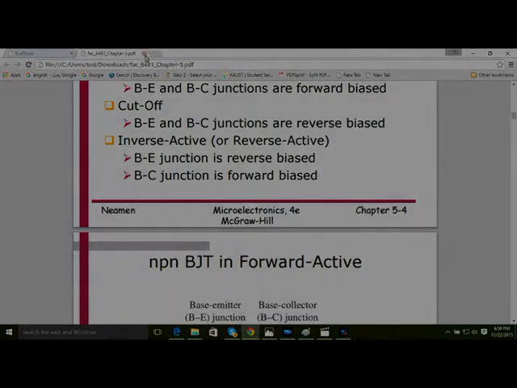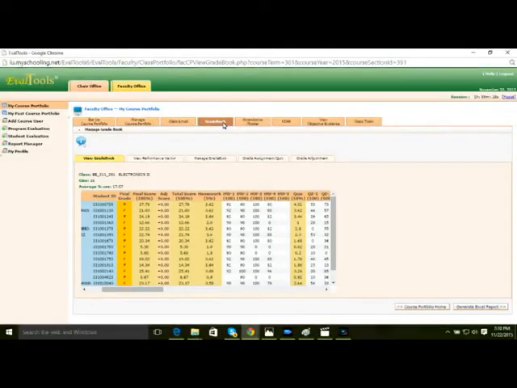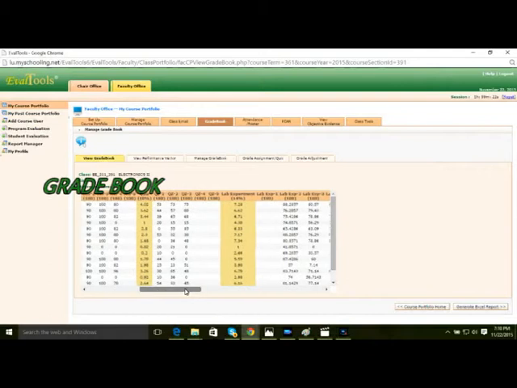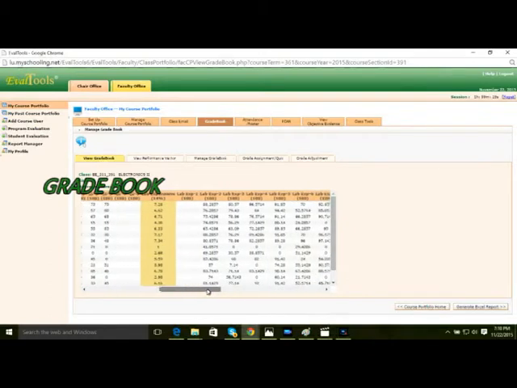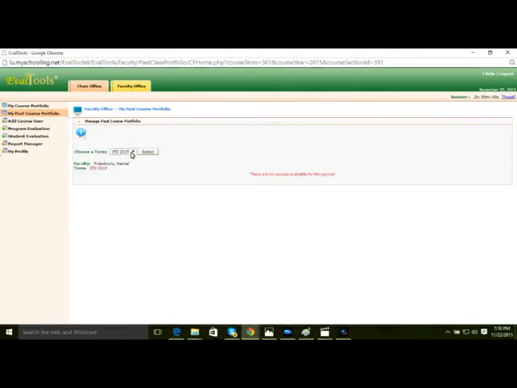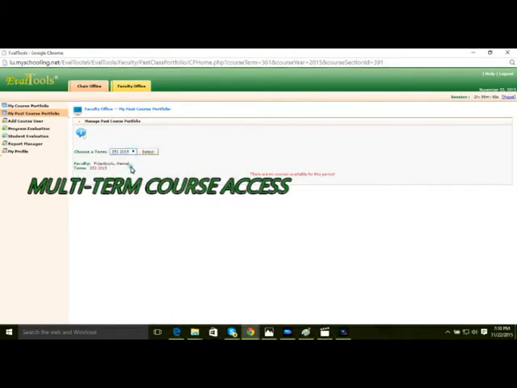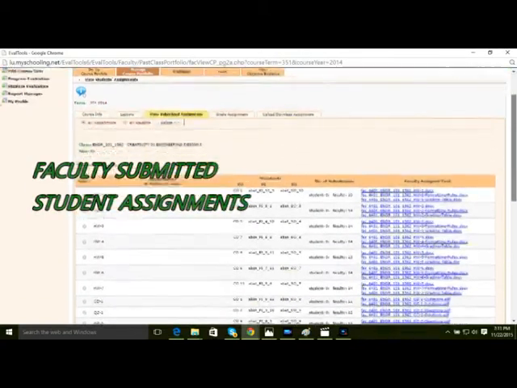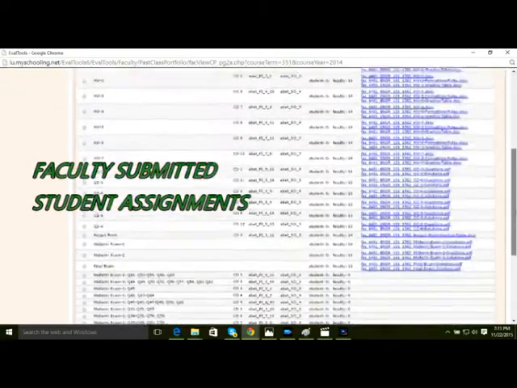A customizable gradebook with features such as addition of variable categories, C-curving, and manual adjustment of grades, multi-term and multi-course access. Tons of data, and some programs have more than 10 years of data for CQI,